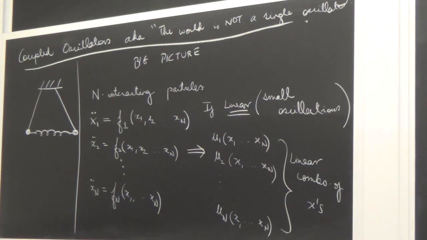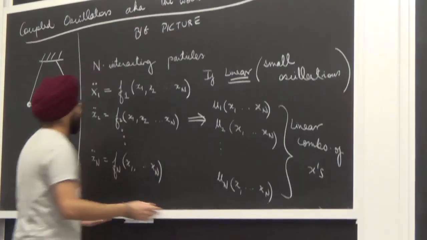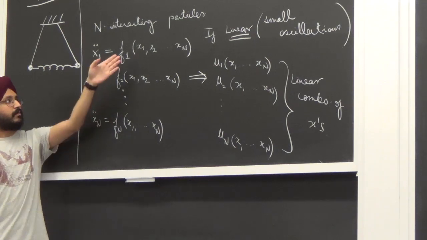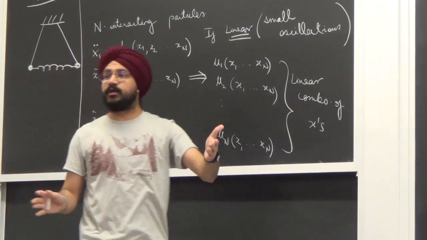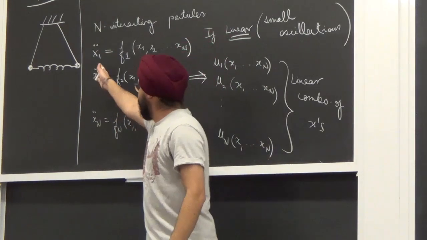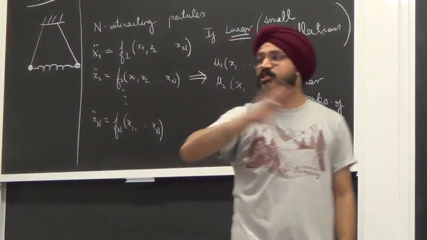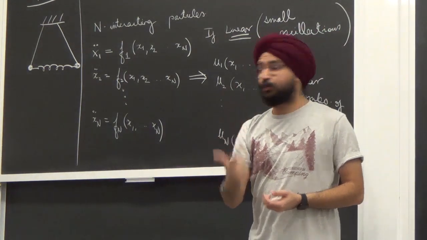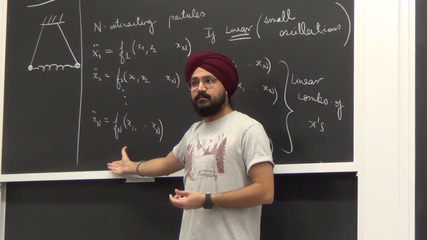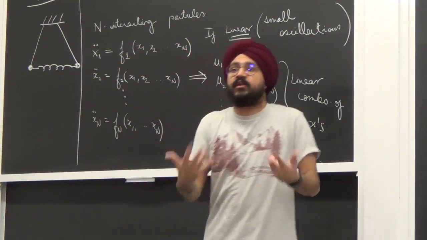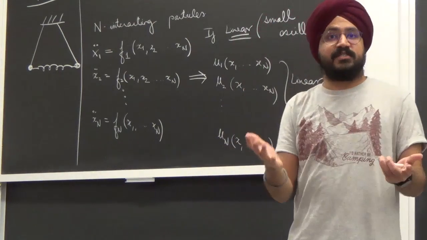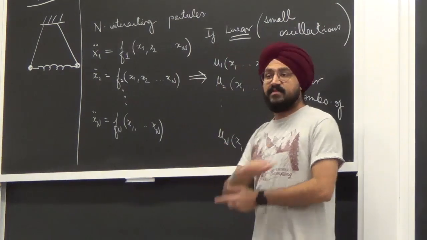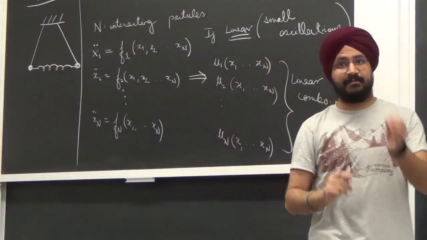So before I get there, I must stress the fact that for each of these actual equations of motion, the F equations, there is no notion of simple harmonic motion there, right? It's not x1 double dot is minus omega naught squared x1. It's not going to be looking like that, okay? So there is no notion of harmonic motion. There is no notion of frequencies anywhere here, okay? So at this stage, don't try to say what the frequency is going to be. There is going to be no frequency because frequencies are defined for oscillations, and when there are no oscillations, there are no frequencies. But now here's the magic.